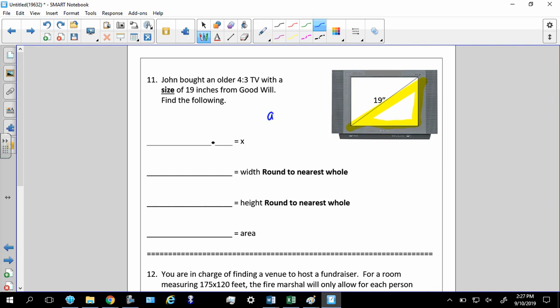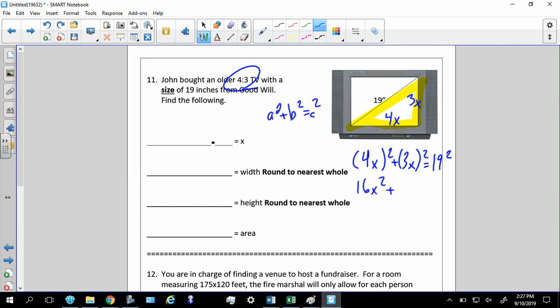So, a squared plus b squared equals c squared. This will become 4x because that represents the width. This becomes 3x because that represents the height. Remember, I'm using the aspect ratio. So it will be 4x squared plus 3x squared is equal to 19 squared. 4x squared ends up being 16x squared. 3x squared ends up being 9x squared. 19 squared ends up being, let's see, off the top of my head,